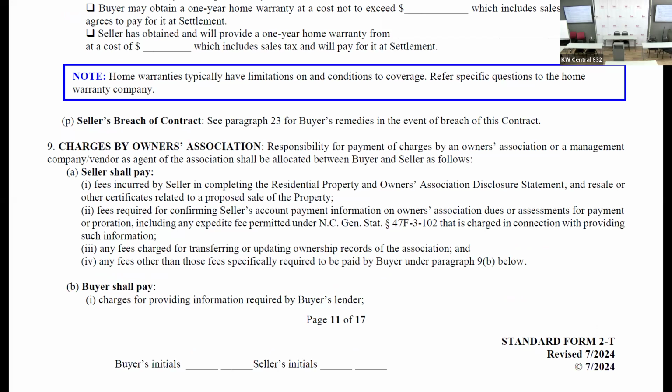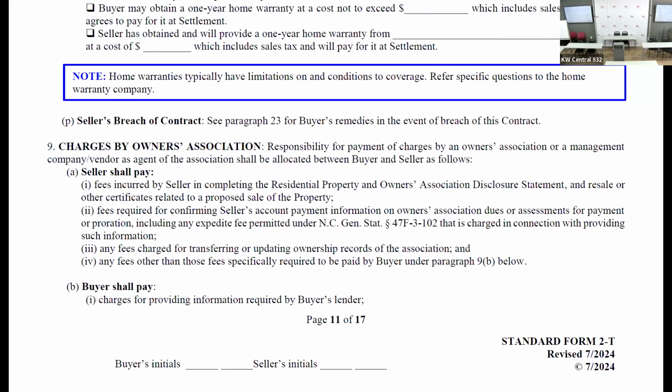Right now, that's 200 on the side. But that's illegal, according to the contract. That's just their transfer fee? 200 for the buyer, 200 for the seller, 400 total. I had one that closed last year and it was 500. I think they switched management companies. It was 500 then. So number 9 on page 11